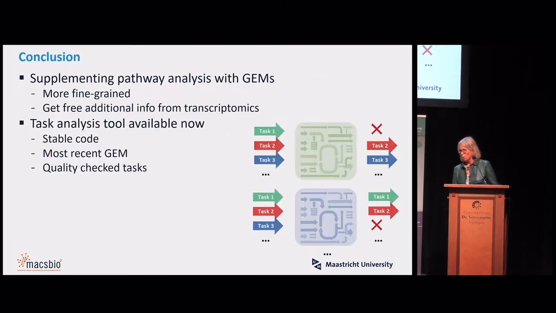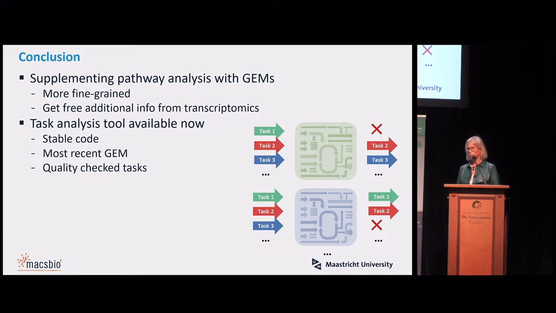So in conclusion, supplementing this type of analysis, so using genome-scale metabolic models on top of pathway analysis and data-driven analysis, will give you additional information without generating more data, right? It's just another way of looking at the same data. It contains a lot of detail,